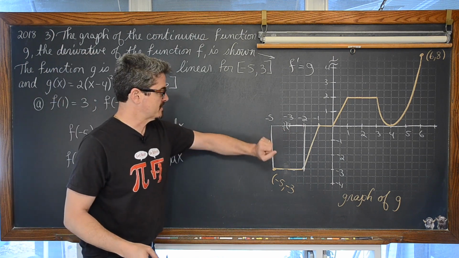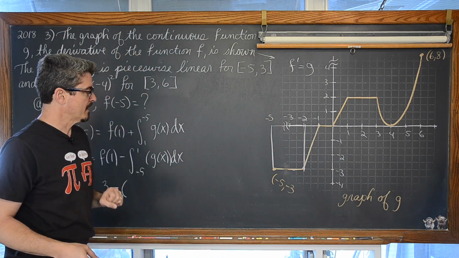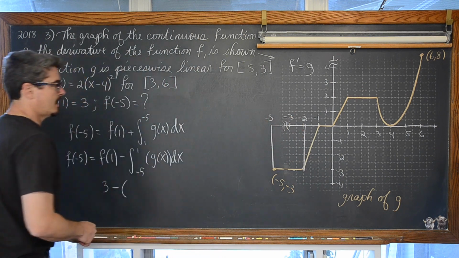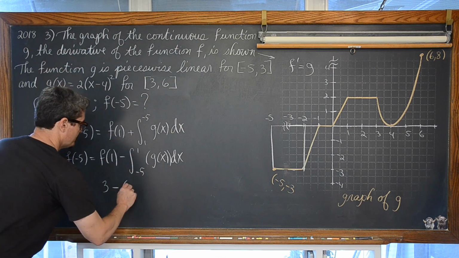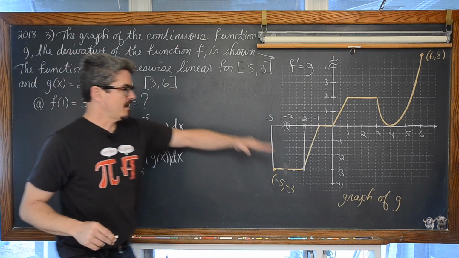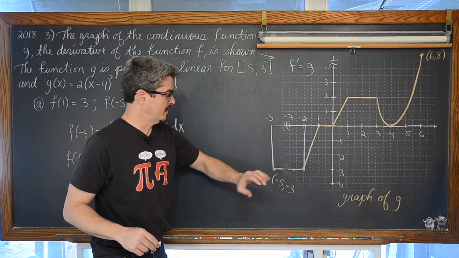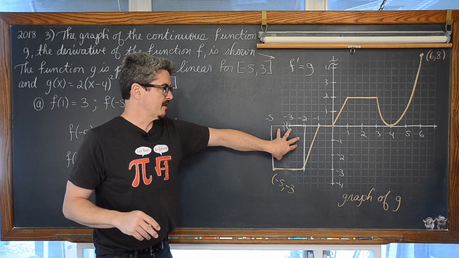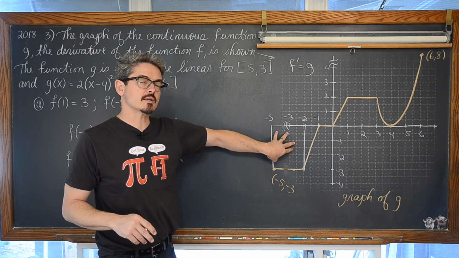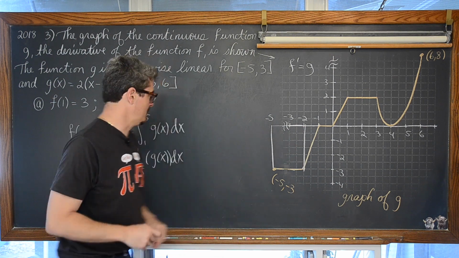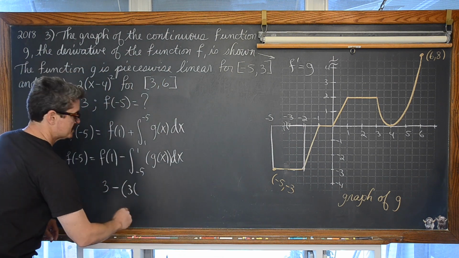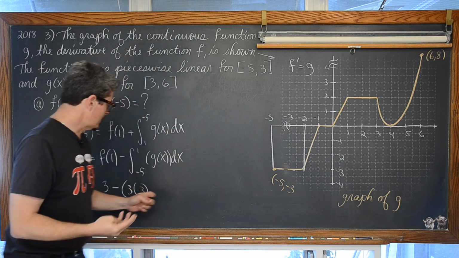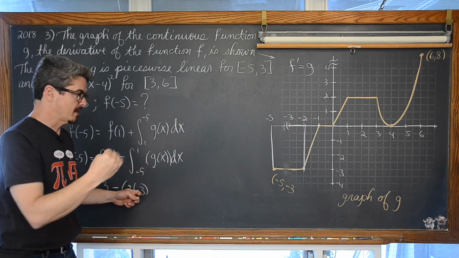So I have a little spacer here because I didn't want to cut too much in my work area. And the width of that rectangle is going from negative 5 to negative 2. So we're looking at a length of 3 times its height, which is a height of 3. But this quote-unquote area that we're accumulating, or the definite integral which we're evaluating, the function is below the x-axis, giving you negative y values. So this is going to be 3 times negative 3. And that's going to be the area of our rectangle. Or I'm using the word area loosely. The negative is indicating that this is below the x-axis.